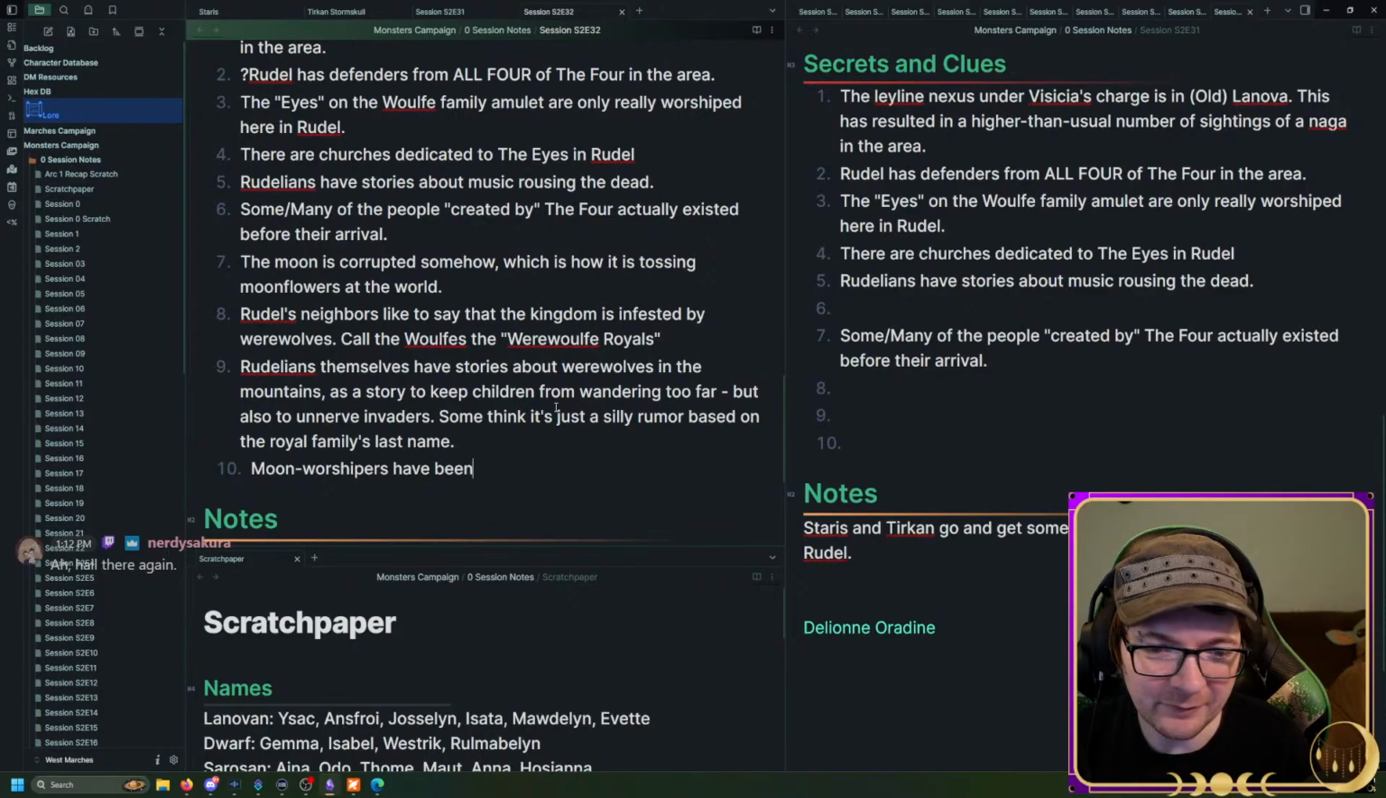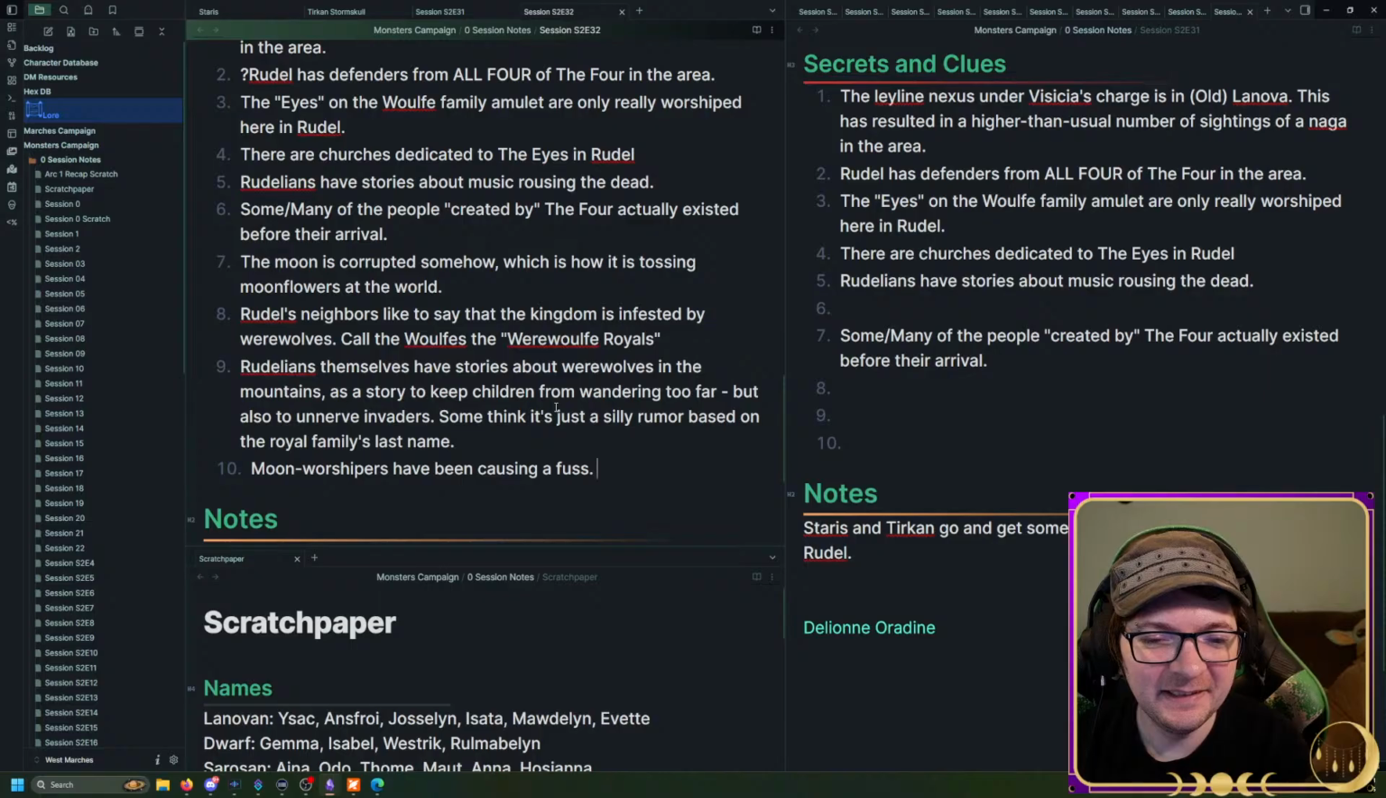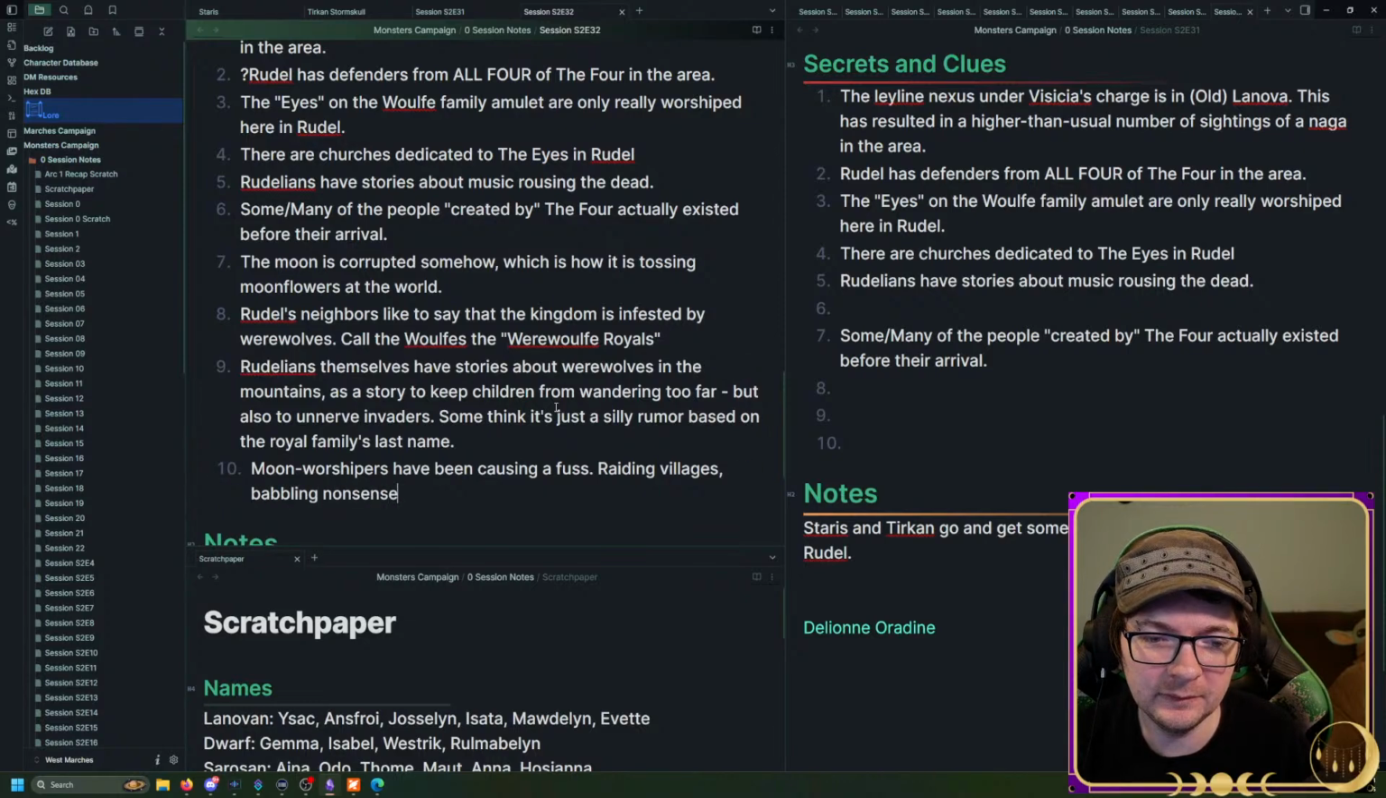Moon worshippers have been causing a fuss. I don't want to put too much detail or emphasis on that. I should have shown that when they were in the village earlier, a couple of sessions ago. Moon worshippers have been causing a fuss, raiding villages, babbling nonsense,